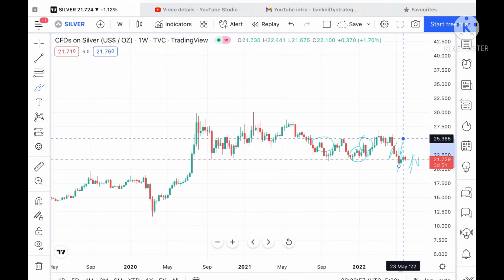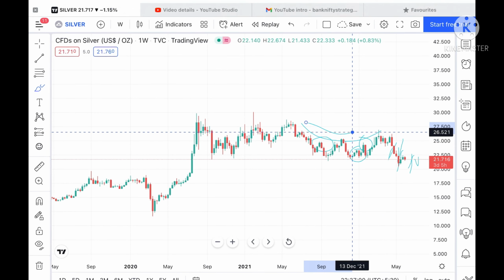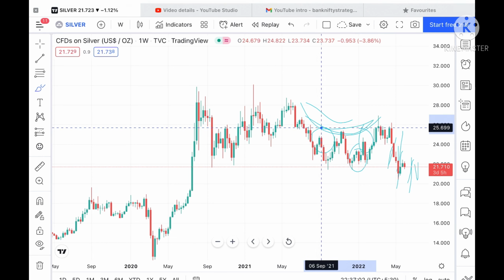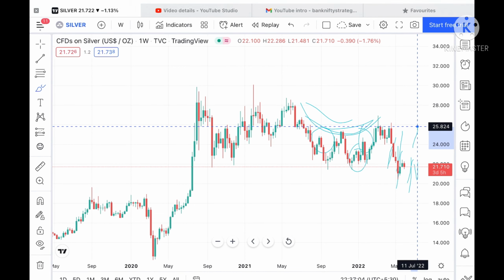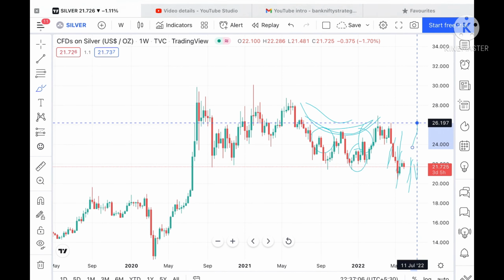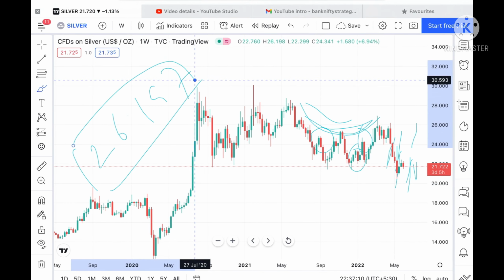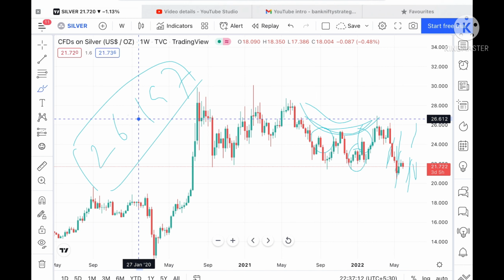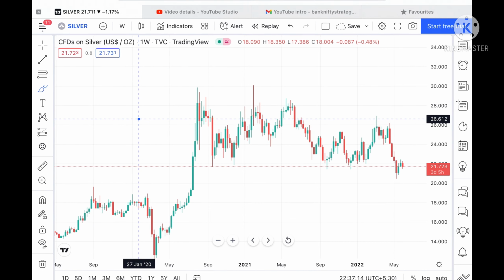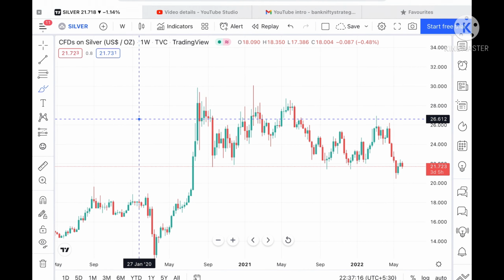Okay, and if it goes above that level, then we can see a trend will form towards the upside, and then we can see it can go to a level of 25.824, and from there a level of 26.197 also, and then we can see it can move further upside. Okay, but suppose if the price didn't sustain this particular level, what we can see,